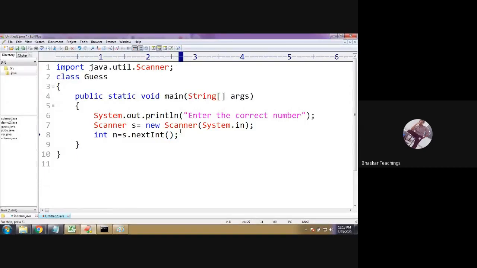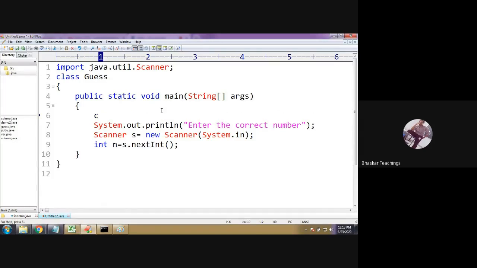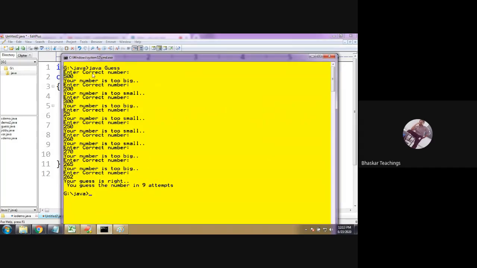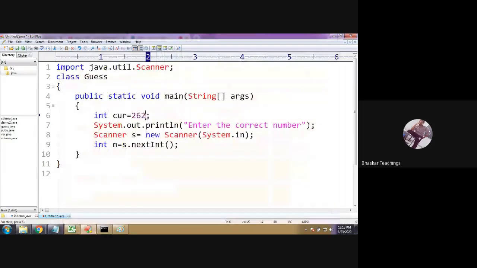Fine. Now the user has entered and you have read it into n. First of all, you need to put your number, right? The correct number. Let us say cur is the correct number. I am giving some value. Which value have I given? 262, right? Now, I am going to count the number of attempts he made to guess the correct answer. For the first attempt, count plus plus. Second attempt, count plus plus. In this way, take a variable int count, and initialize it to 0 initially.